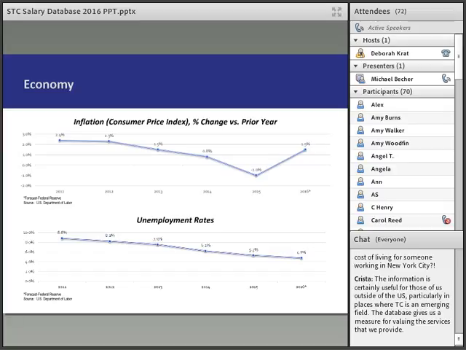Generally, with inflation, we want to see it flat. We don't want to see wild spikes up or down, because that really messes with the economy and with salary increases, and has a really negative effect on everything that's economic related. Here the projection for 2016 is a 1.5% increase. Again, that's not huge, so it's probably a pretty good place to be. The graph on the bottom is our unemployment rates, and you can see from 2011 through the 2016 projection, we see a nice steady downslope.